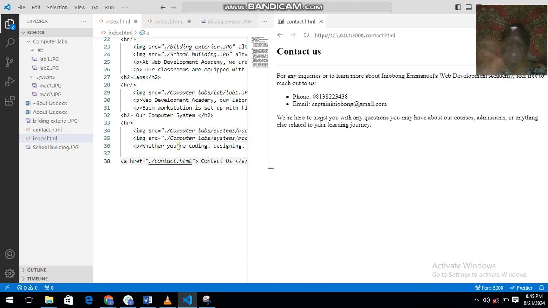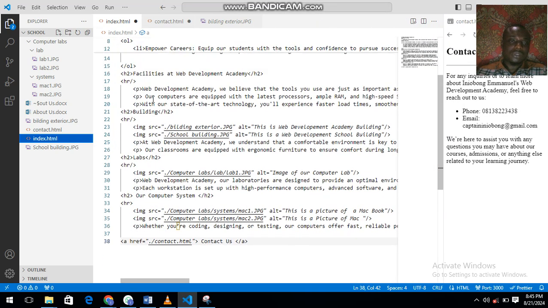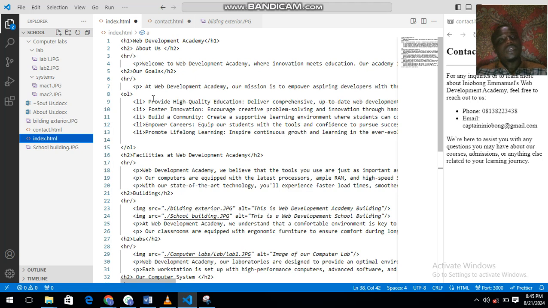Alright, is that fine? I would like to take you through this code again. This code is not quite difficult. It's just that you need to organize. There's a significant difference between this code and the previous code I started on this same subject matter.